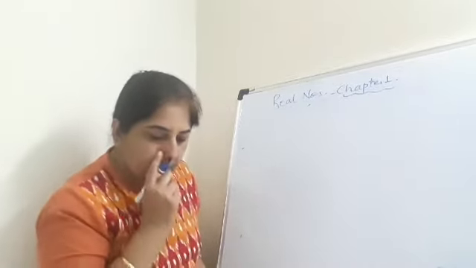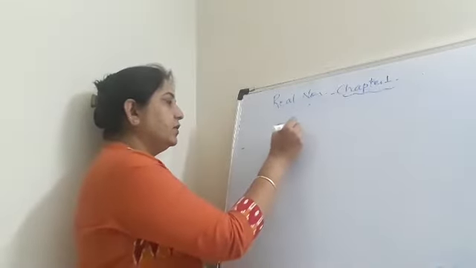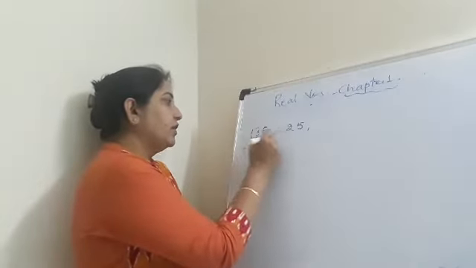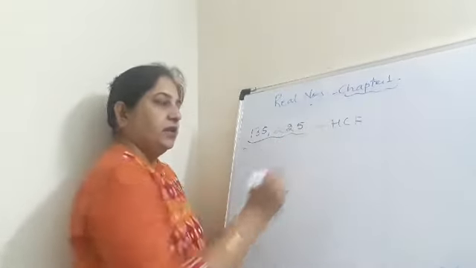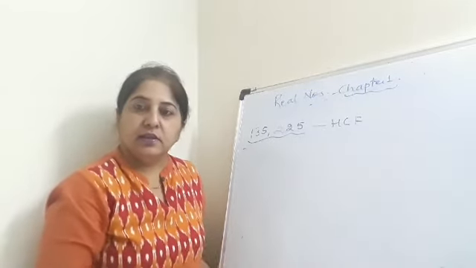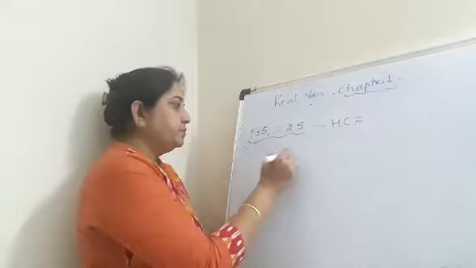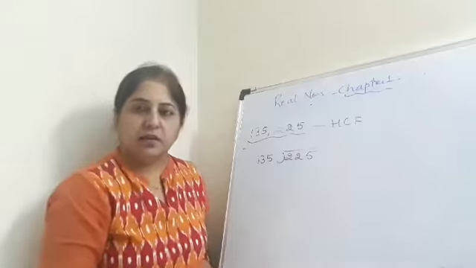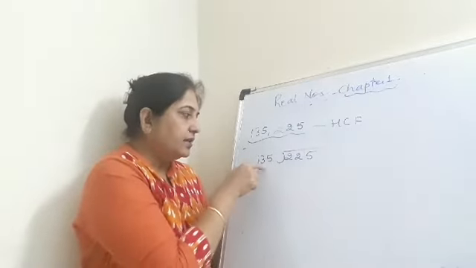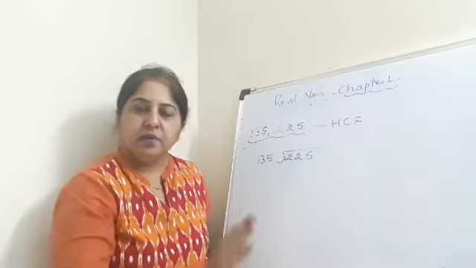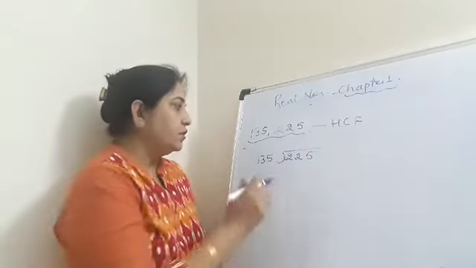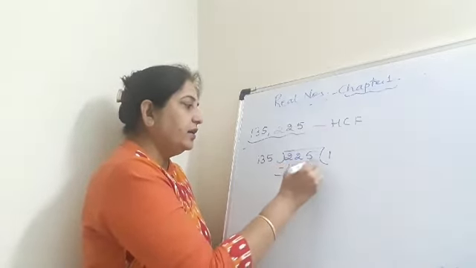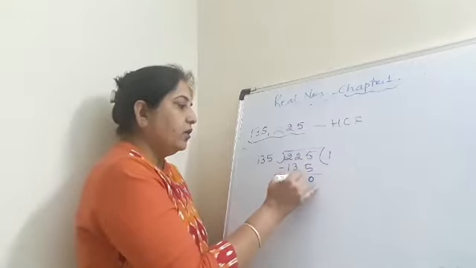So the first question: there are two numbers given, 135 and 225. What do you have to do? You have to find the HCF. By which method? By Euclid's division lemma, right? So what we'll do, 225, when I divide it by 135, if I directly write that method it will be easy, but if I write this long division first and then go on to the next part, it will be easy for me to compare. So 135 ones are 135. If I take 135 twos, it will be greater. So here I got 0, here I got 9.